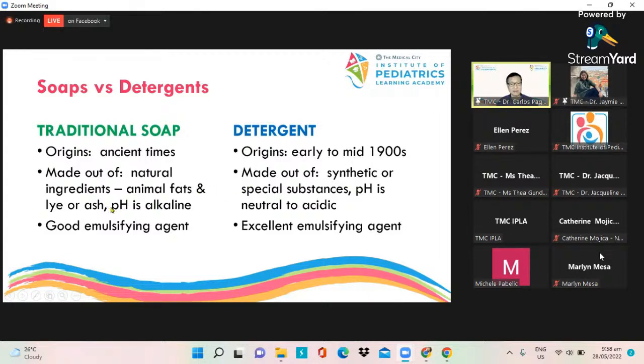And again, you can see here, yung pH, how we measure acidity, pH po. Ang neutral na pH ay yung pH or yung asim ng water. Wala pong asim ang tubig, kaya pH po niya 7 or neutral. Ang acid po below 7, ang alkali above 7. So yun po mini-measure namin kapag tinitingnan po namin yung mga magagandang sabon and detergents. And so, ang traditional soaps po magandang pangtunaw, mas magandang pangtunaw po ang detergents. Okay, so yan lang pa.